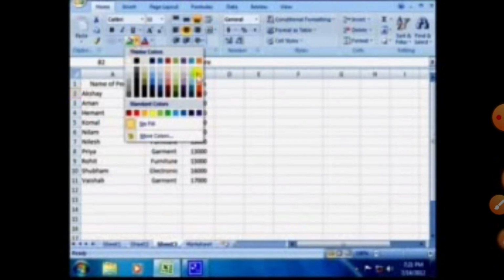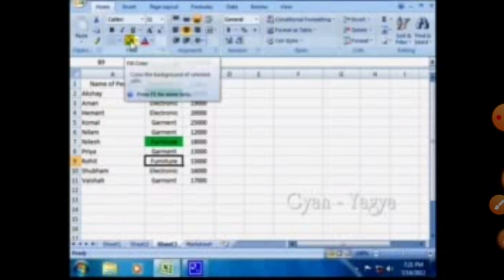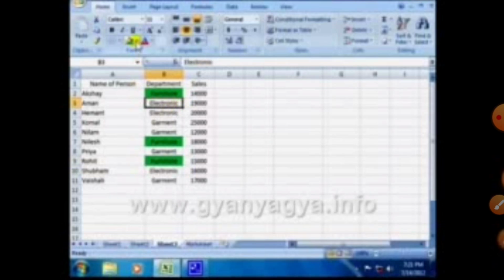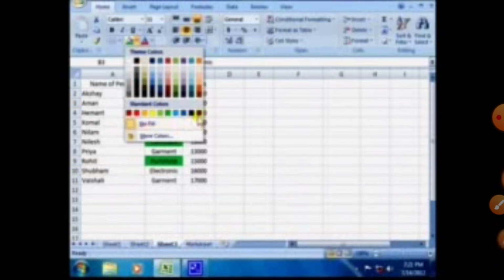So for furniture we choose the green color. First we select the three cells that have furniture written, and we color them green.